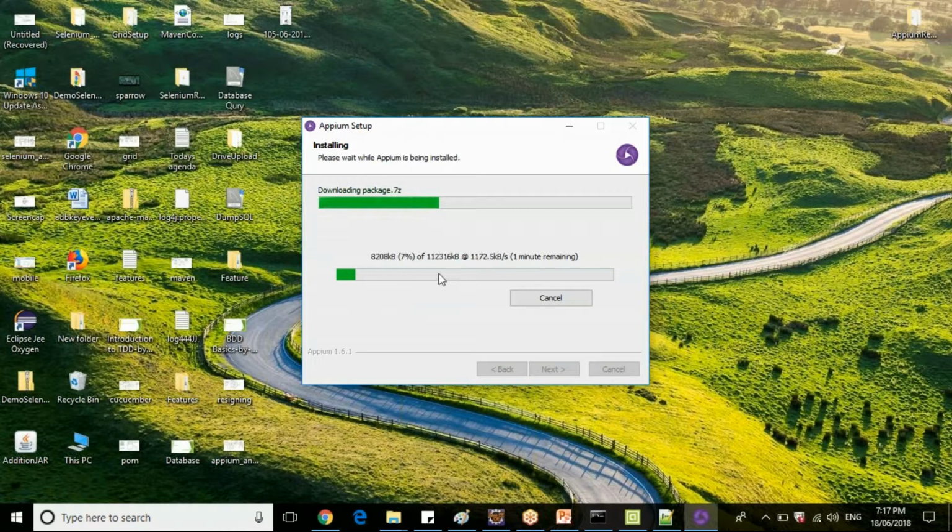Now if you see here, it is downloading the application and repackaging, rezipping, unzipping the files. APM is an exe extension file, guys.